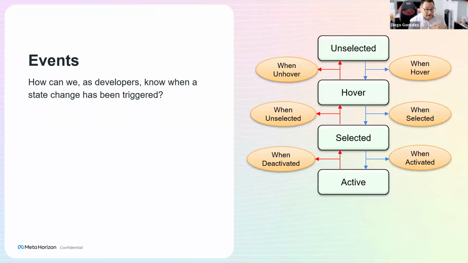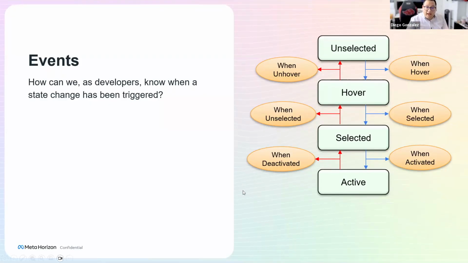What if we, again, have a designer who wants to have some feedback based on an interaction, but their coding skills are not there yet, right? So one of the big things is that the SDK itself can provide these events, right? You can know when something was activated, when it stopped being active, when it was selected, when it was unselected, when it was hovered, when it was unhovered, right? And these events basically interject themselves when there's a status change based on the current and the previous one and